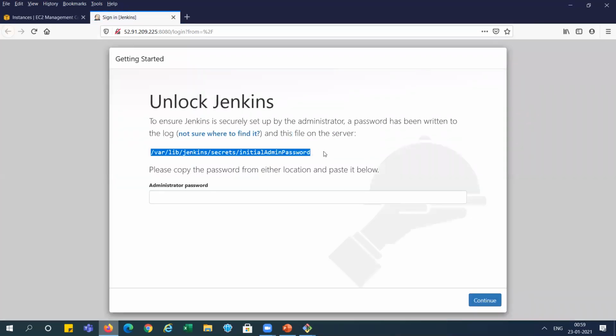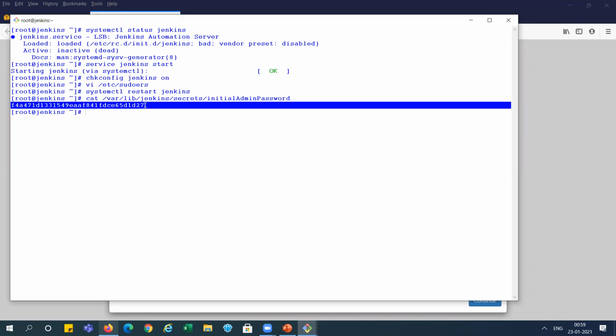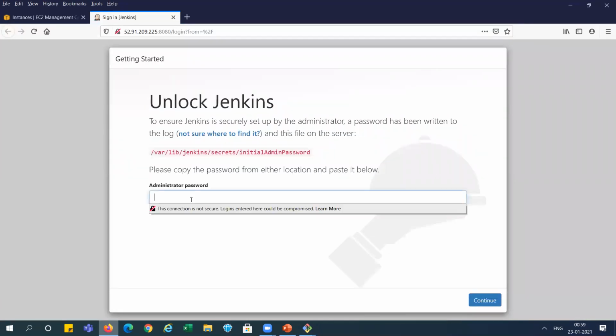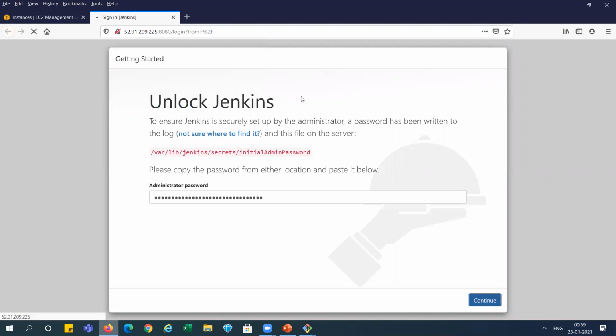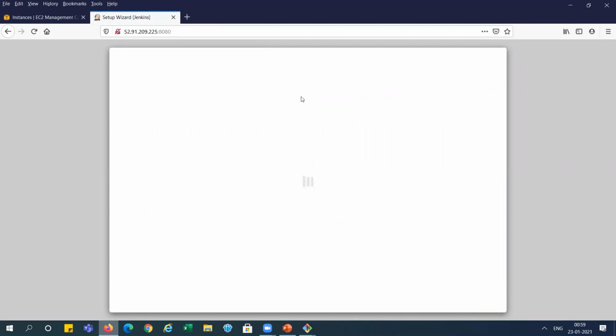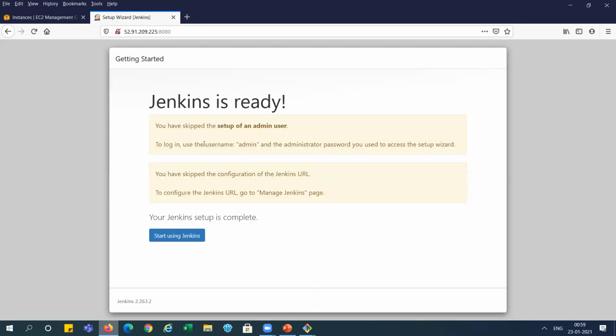We need to unlock Jenkins and need the key. We need to go to here and take these keys, right? We got the key here. And now we don't want to install any plugin now, so we are skipping it. We have skipped the setup of the admin user.